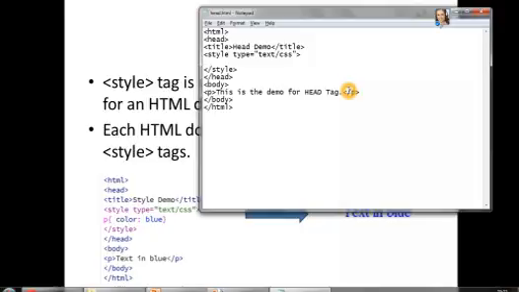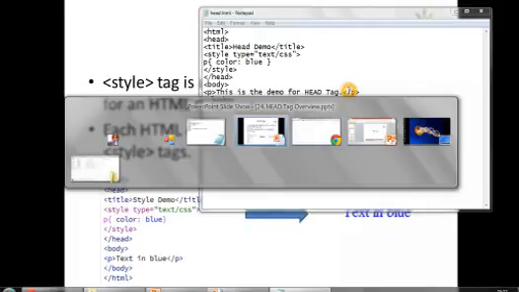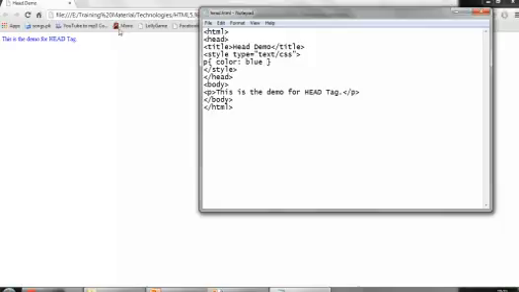So I'll color the paragraph. I'll write color is blue. That means all the paragraphs that you have in your body tag should turn blue. Now the paragraph that we have written in the body tag has become blue.